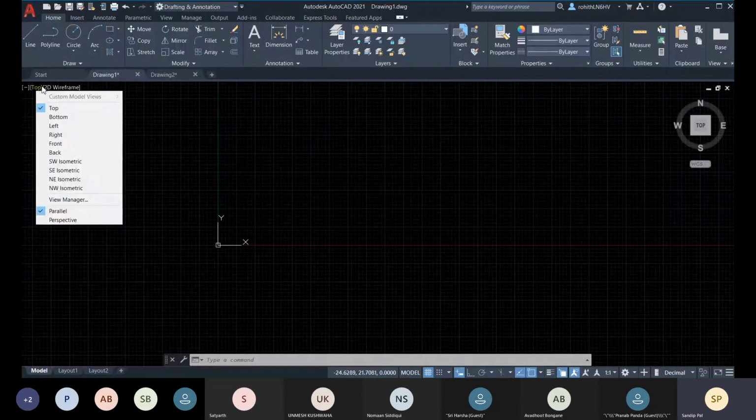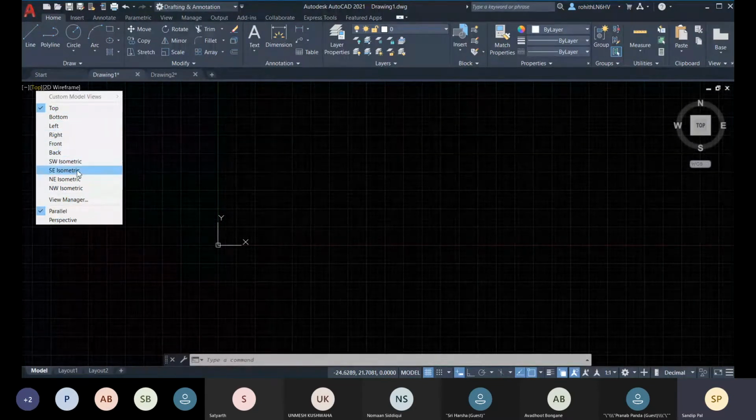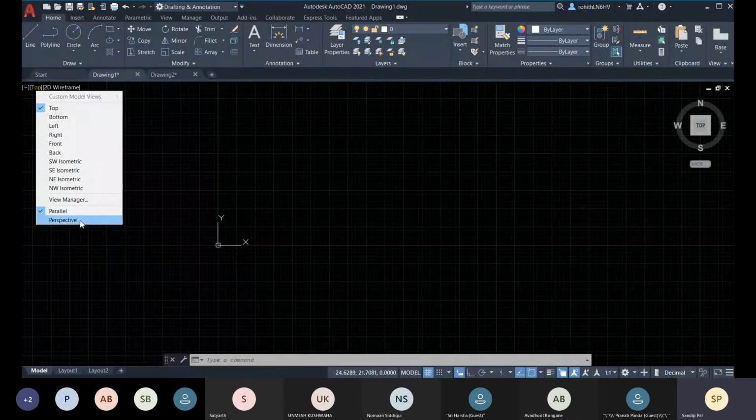And here you have this view control menu. When you click on this view control menu, you will get some view options. All these 6 are orthographic views, and these 4 are your isometric views. And we have some projection, so you can choose either parallel projection or perspective projection.